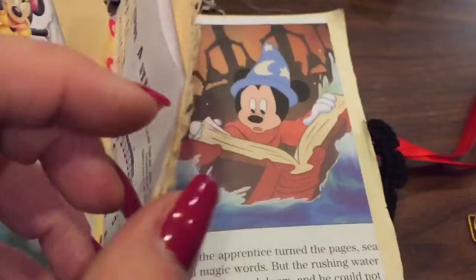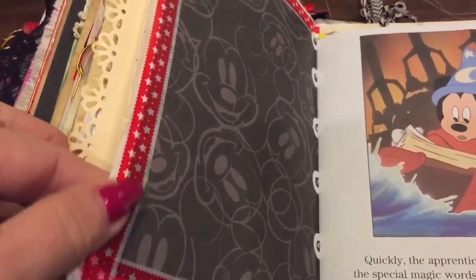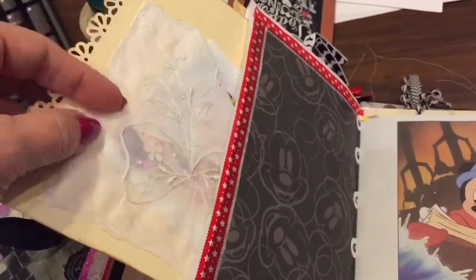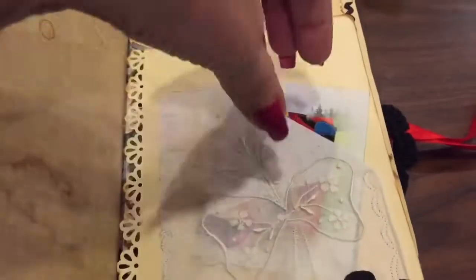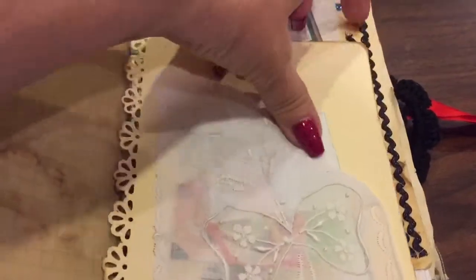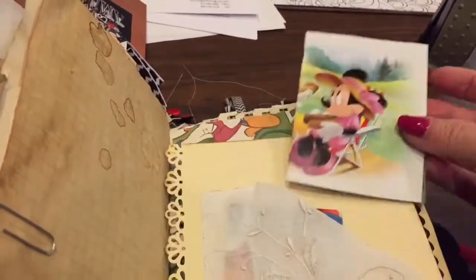And now I glued this onto the back of an envelope, and then I used this paper here on the front of the envelope with a little washi around it. This is a little tuck that I put in there. Got little Mickey ears. This is a vintage lace hanky that I cut up, sewed on here, and then there's a couple of little tucks in here, if I can get them out. There we go. This is cut from a